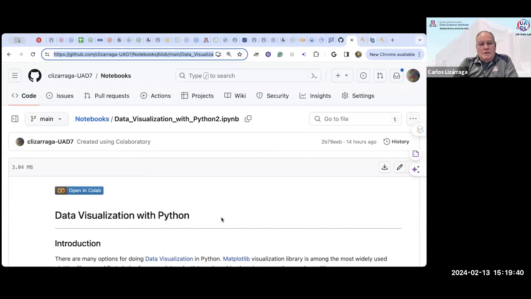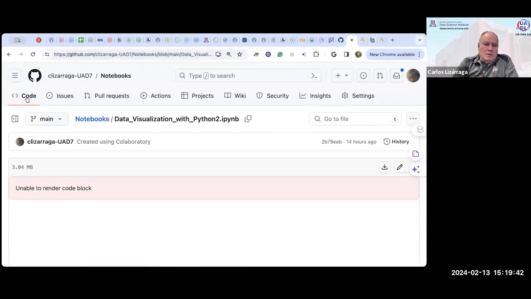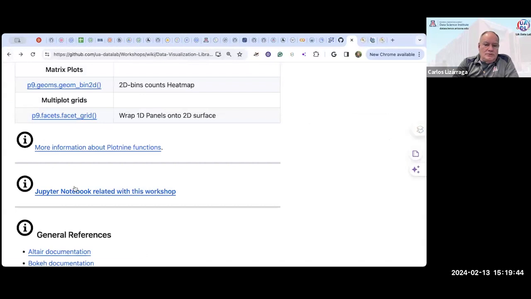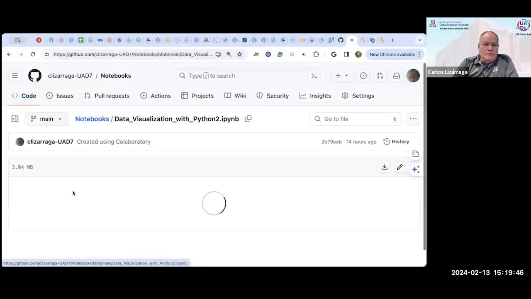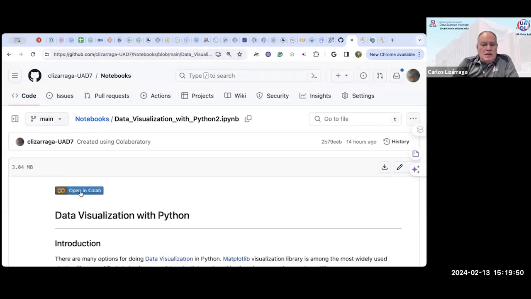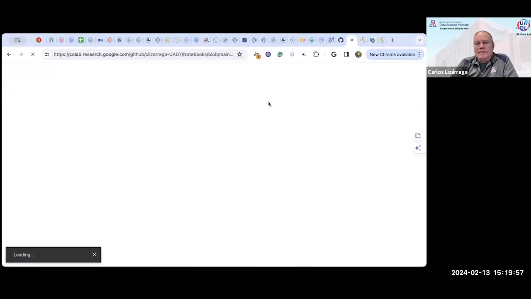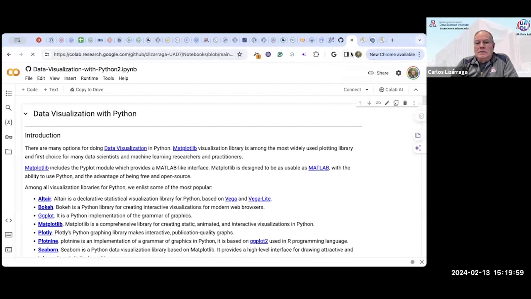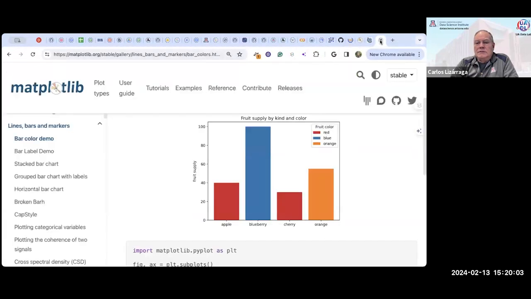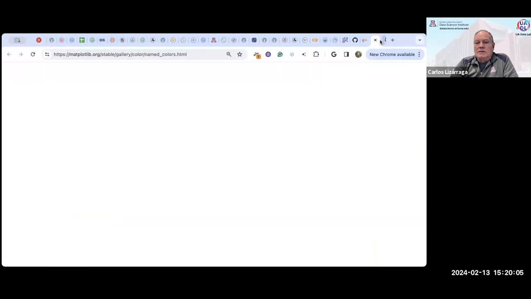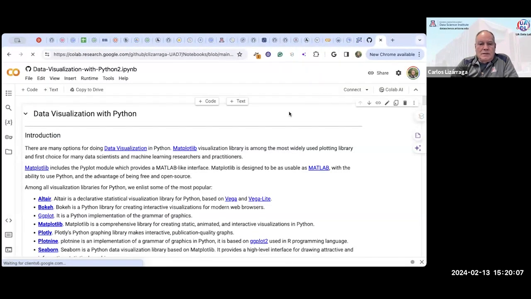Okay, and then you can easily open this Jupyter notebook with your Gmail account on Google Colab, and we do that. Okay, and going to close this, close that, close that. Okay, so now